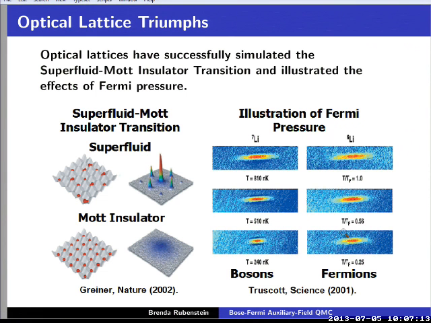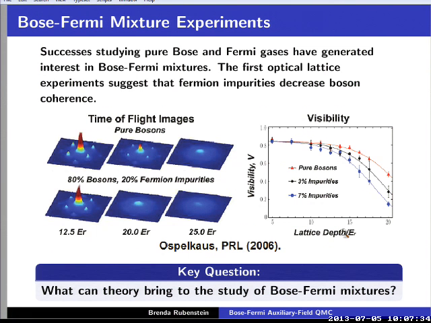For bosons, the clouds shrunk, which essentially is emblematic of them condensing, whereas for fermions, the fermions remained relatively dispersed. So after some temperature, they didn't shrink anymore. And so this basically shows that you can look at particle statistics within these traps. Given these successes, people have since begun to consider what happens to Bose-Fermi mixtures. The natural next question is what happens when you mix these two things together. And really the first and only set of experiments that have been performed so far question what happens when you put fermion impurities about